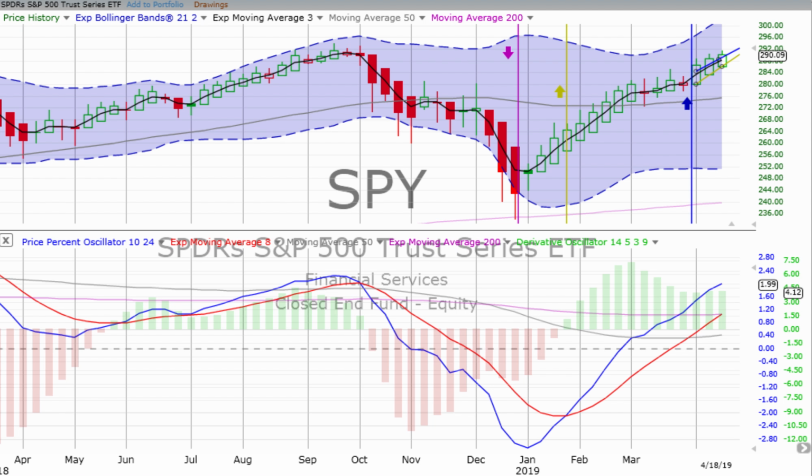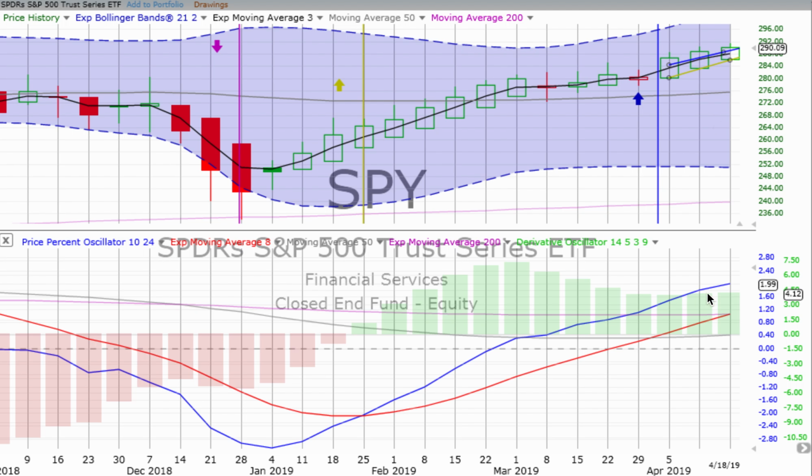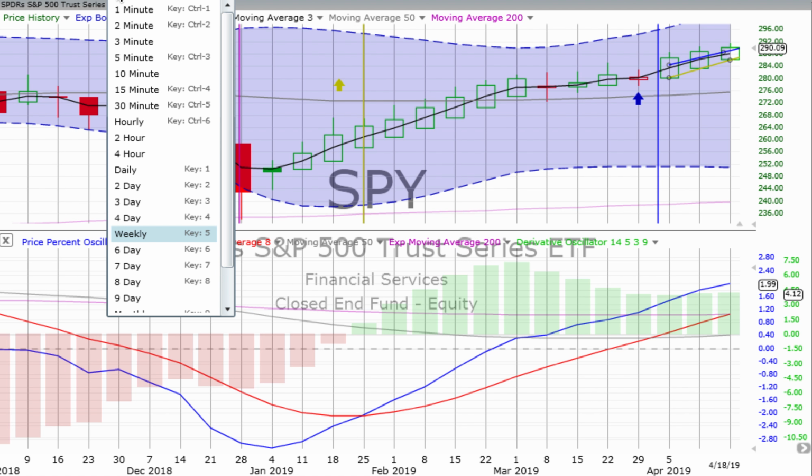Up the most are 20-year bonds, but we see the S&P 500 up quite nicely for the day, 0.20%. And as we start looking at the green candle, we can see that it has finished higher than the prior week. Not a whole lot higher, but higher. And we see that the derivative oscillators gained a little bit of momentum. Price percent oscillators lost a little bit of its momentum. It's no hockey stick, moving over, going down, but it has lost some momentum from that prior week.